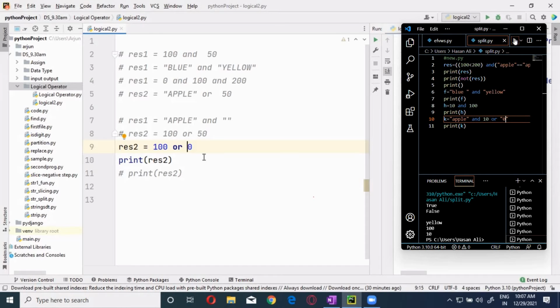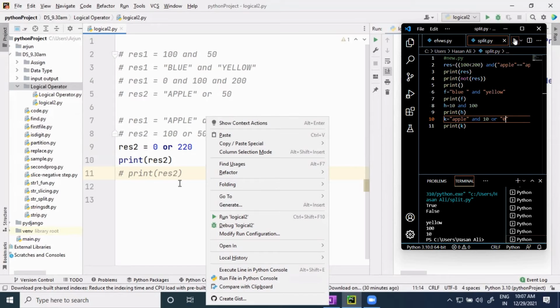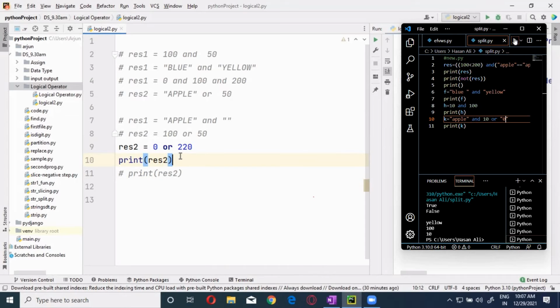Whenever we are using 0 in OR, always the non-zero value, whatever it is, that is going to come down, guys. Now if I am keeping it as 0 this side, here I am giving 200, 220, and you will get it. All non-zero values, I said, whenever you are going to get it. Whenever you are using the AND operator, guys, wherever the 0 is there, you are going to get the 0.